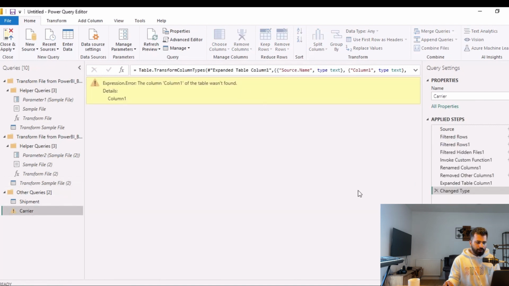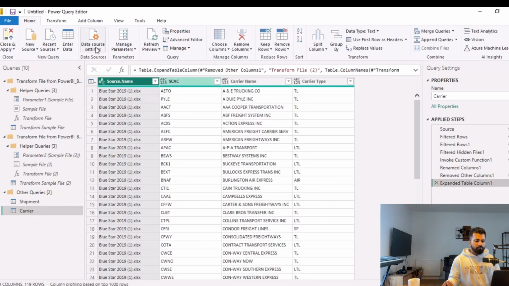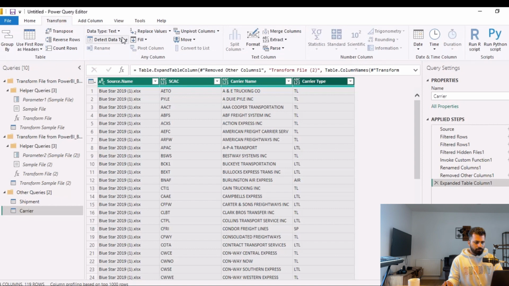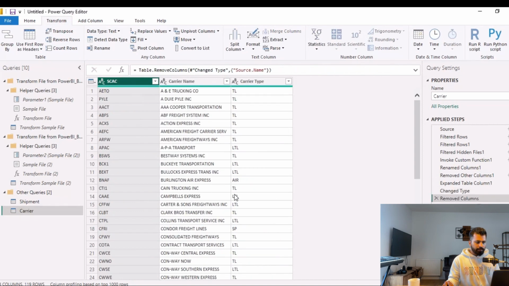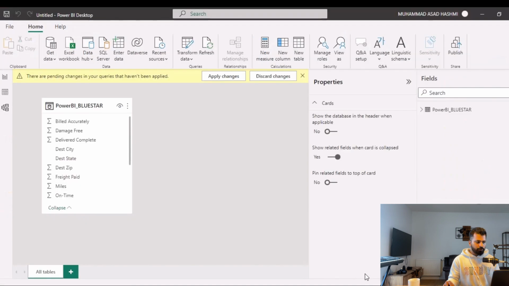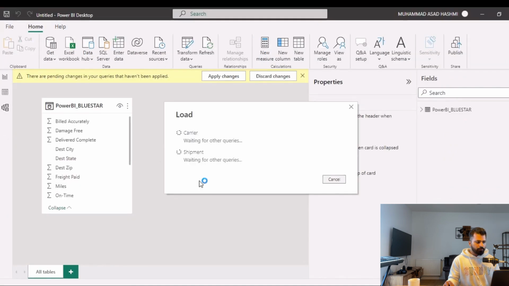Okay, now we have the headers. We have an error here because the change type query action is referring to the column names. So we cancel that, and then now we can press shift, select all the columns, transform, detect data type. We can remove the source name, and now we have the finalized version of the table, which we will load